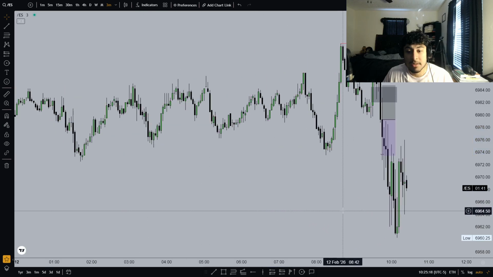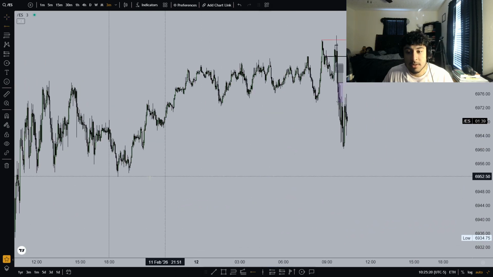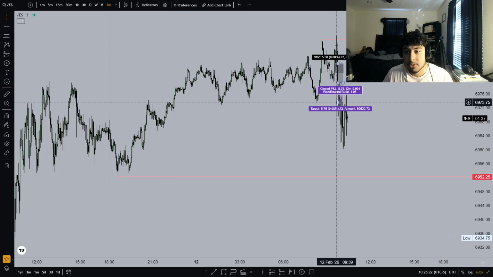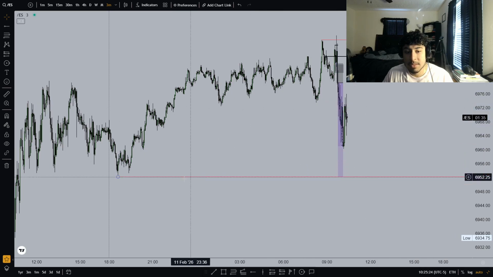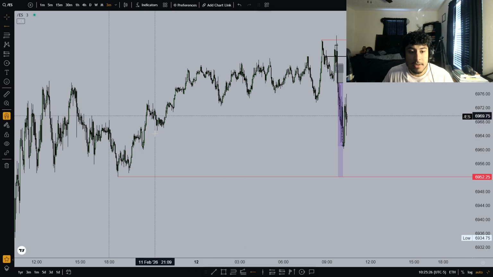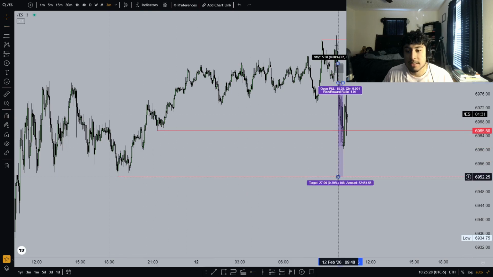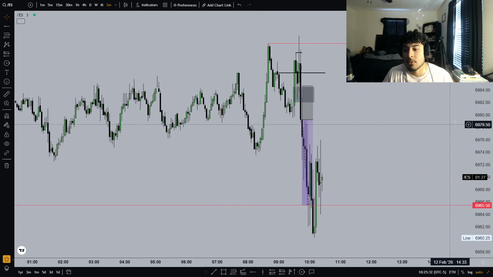and then just target these lows. That's a 1-to-1 right there. I would have probably wanted to target these right there, if I'm being truly honest. But sometimes you don't get lucky, and you gotta aim for some relative equal lows, and that's perfectly fine also. So this would have been a 1-to-2. So yeah, this would have been a beautiful, beautiful setup.